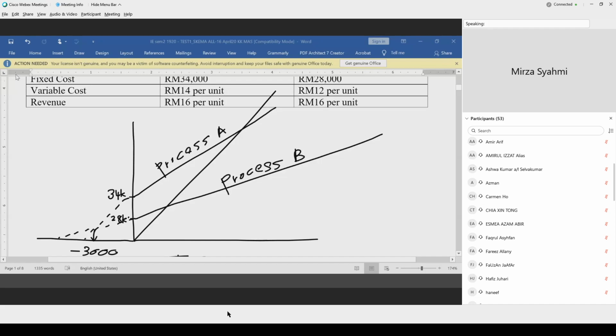Mana objektif dia tadi? Okay. So the break-even analysis, the objective is to find the point in dollars and units at which cost equals revenue. I see. Okay. Kita nak cari point yang mana proses ke ataupun mesin ke, dia punya point yang mana dollar dia, cost dia dan unit dia adalah sama dengan revenue. Tapi untuk yang